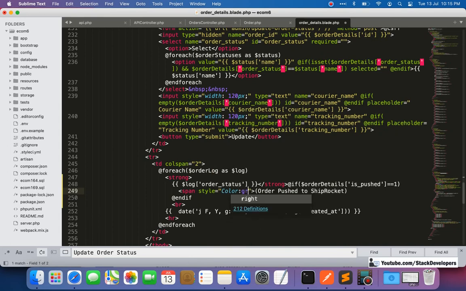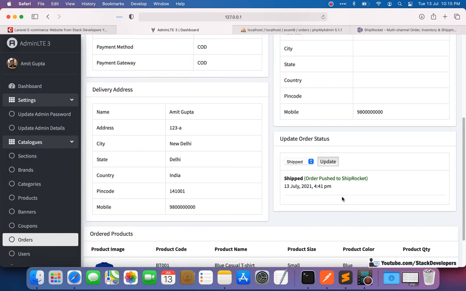We want a color like green, I'm not so good in CSS. Okay, so now we see order pushed to ShipRocket. See, if the order is pushed to ShipRocket, then it will come like this.